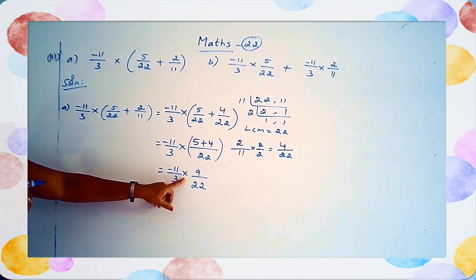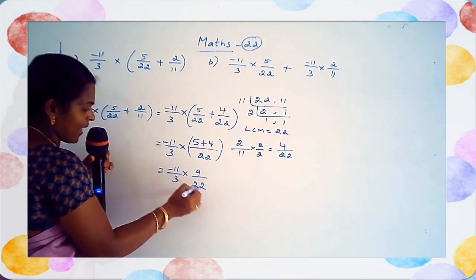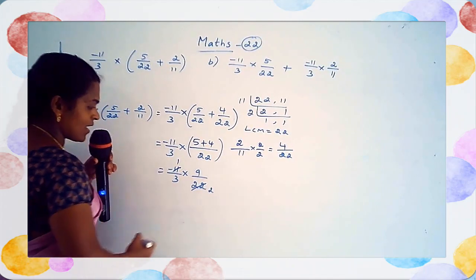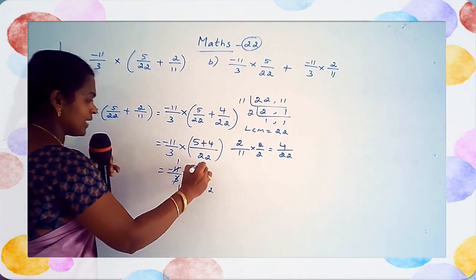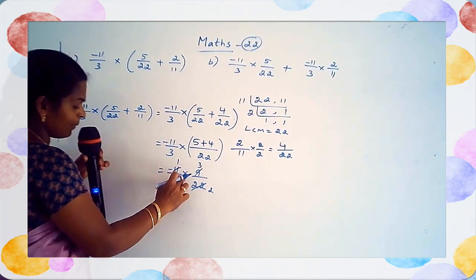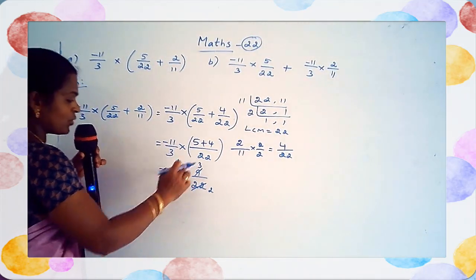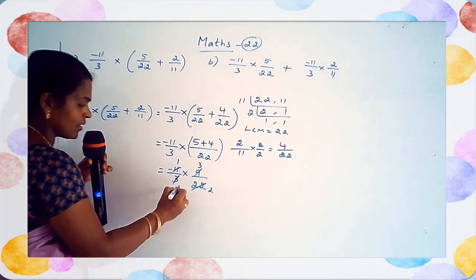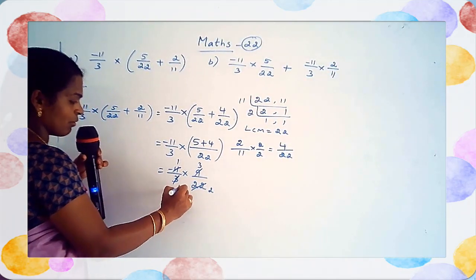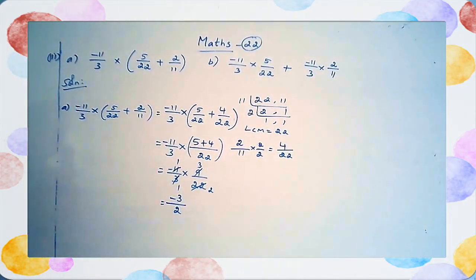Okay. So, first of all, you see whether any common factors are there. Yes, children, it is surely divisible by 11. 1 11 is 11. 2 11s are 22. Here, 1 3 is 3. 3 3s are 9. So the remaining is minus 1 here, 3 here. In multiplication you multiply the numerators. So minus 1 into 3 is minus 3, upon, here the denominators are 1 and 2, so you multiply the denominators. 1 into 2 is 2. So therefore your answer is minus 3 upon 2.